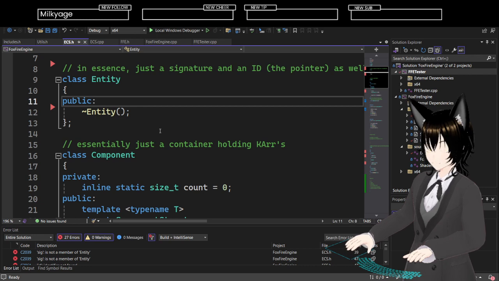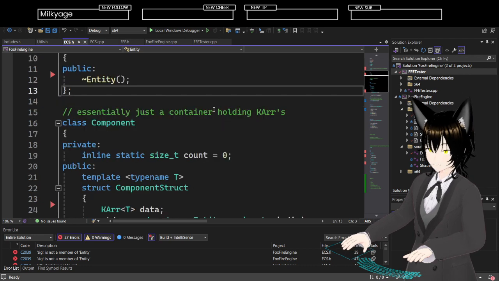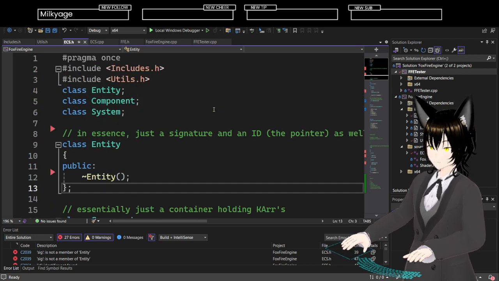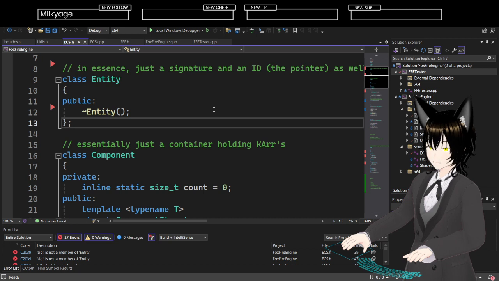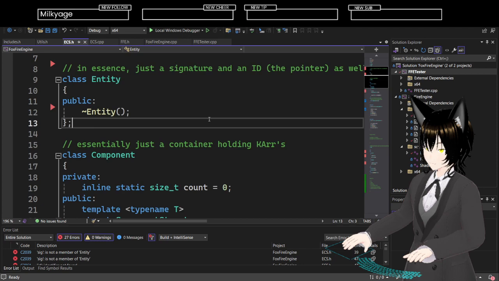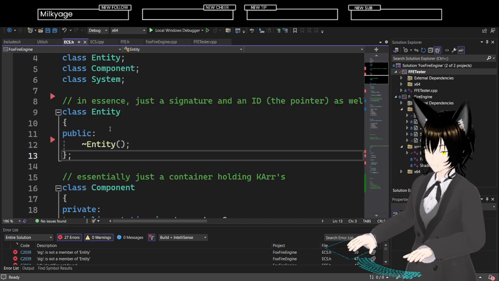So I've deleted the signature from entity because I don't like how entities hold data. I've also deleted signatures altogether for now. They shouldn't hold any data. They should, in essence, just be a typecast of size t. Yes, exactly.